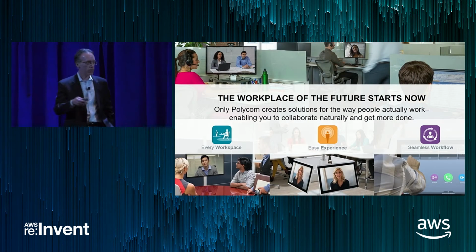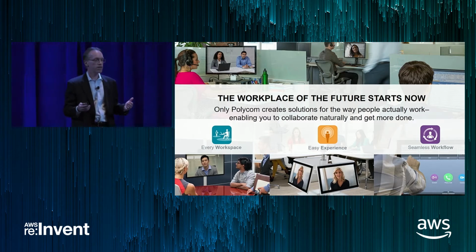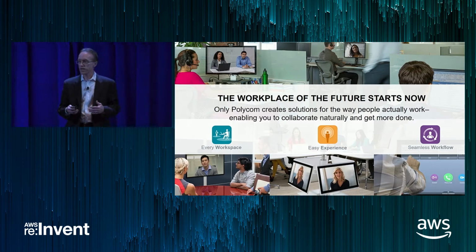The way we guide our work, we build all these great products, but we have this vision, this North Star that we call Workplace of the Future. There are three elements to that. One is that when you collaborate, you should be able to do that wherever you are, in any kind of space. Whether you're in your office, your home, your hotel room this morning, which you probably all were working in like me, or even in a coffee shop or an airport. You should be able to effectively do your job and collaborate no matter what space